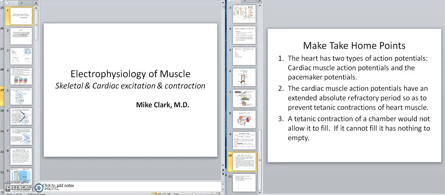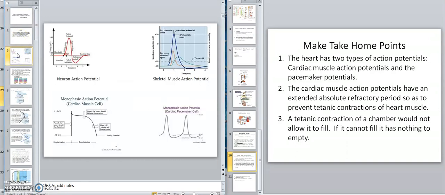Okay, class. There's a PowerPoint I have called Electrophysiology of Muscle that you'll see in the A&P2 section. Now, this particular PowerPoint is quite heavy because normally I'm teaching face-to-face, so I can explain it. Basically, we're looking at heart action. I'm going to say in this particular PowerPoint, and maybe a little difficult for you to get through this one,